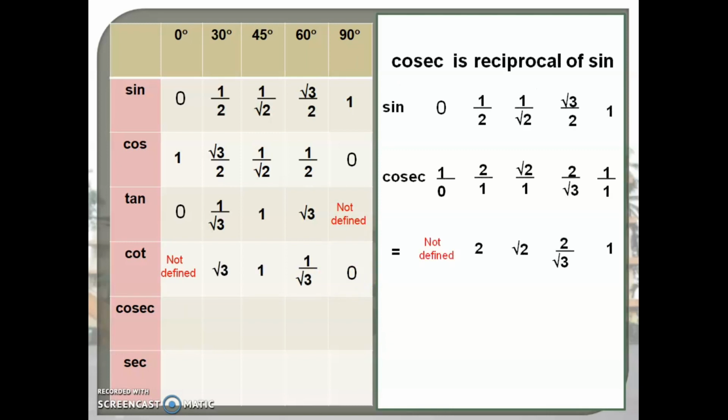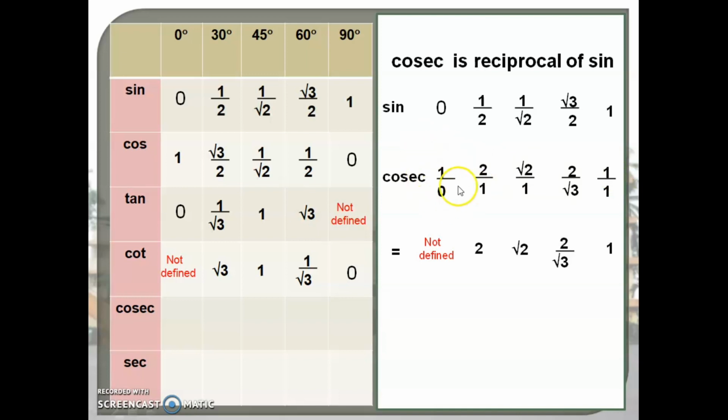Further, to find out the cosec values, we know that cosec is the reciprocal of sine. So whatever sine values we get for 0, 30, 45, 60 and 90 degree angles, we'll take the reciprocal of them to get the cosec values. As we know, the sine values are 0, 1 upon 2, 1 upon root 2, root 3 upon 2 and 1. So for cosec values, we will exactly reverse the ratio and write down 1 upon 0, 2 upon 1, root 2 upon 1, 2 upon root 3 and 1 upon 1. So we get the numbers.